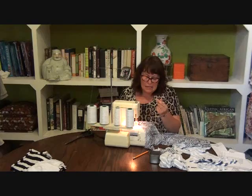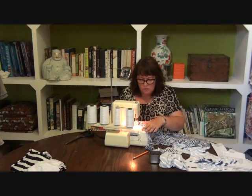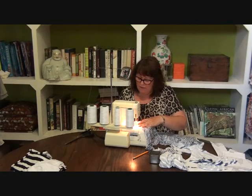This is actually a really nice knit. It's almost got a dry, slightly crepey texture to it. So it's a really nice one. It's rayon, about 5%